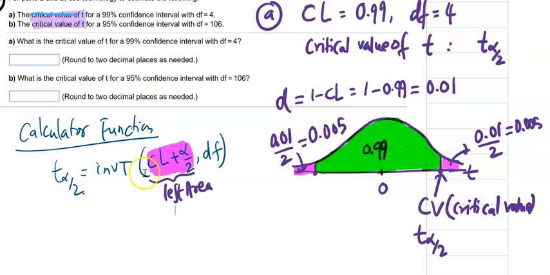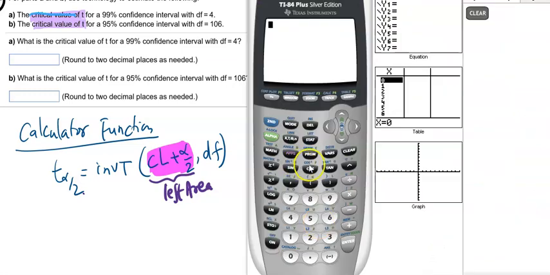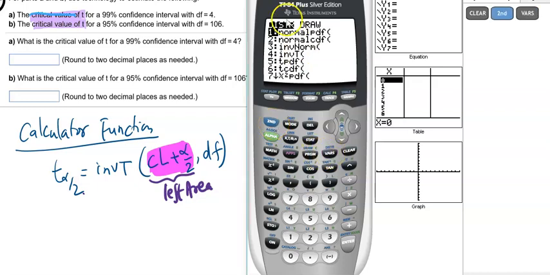So you use that invT function in the calculator to find the critical value. Let's do that. In this calculator, like mine, you have to press 2nd VARS. That gives you this option, and invT is number 4. Click number 4, and you have to type CL plus alpha over 2 together, which is 0.99 plus alpha equals